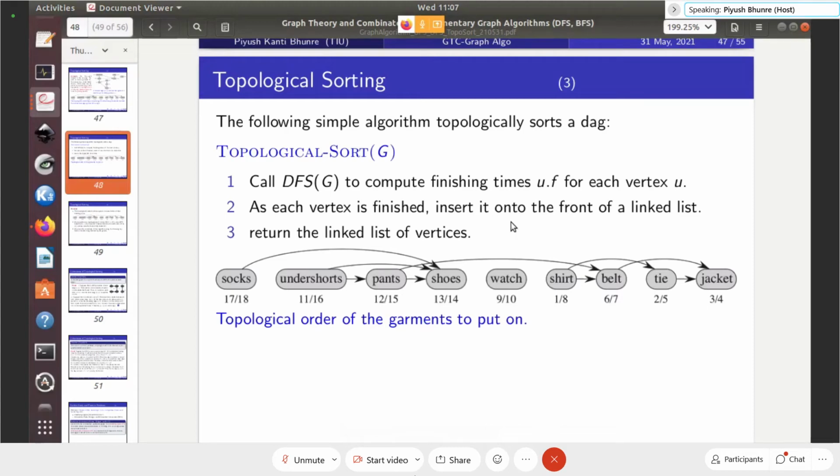And in case the graph has a cycle, suppose you give an input graph which may or may not be acyclic. If it is not acyclic, it has a cycle. So during the depth first search, you can identify the cycle by determining whether the graph has a back edge or not. As soon as there is a back edge, you can report that topological ordering is not possible, so you exit from there. Otherwise, at the end of successful execution, you get a linked list of the sorted order of the vertices. Okay, so